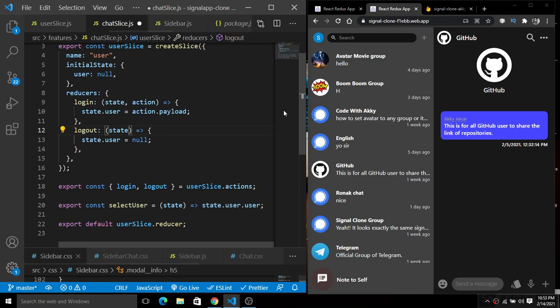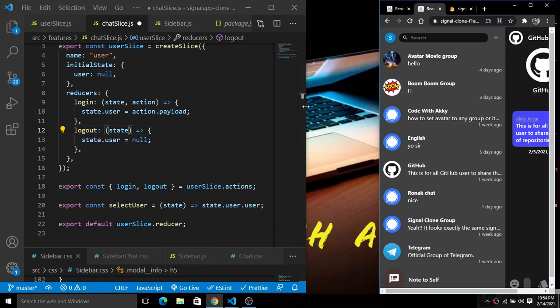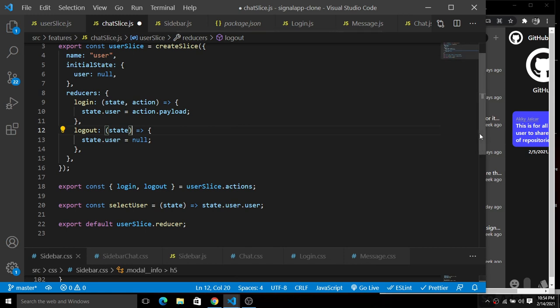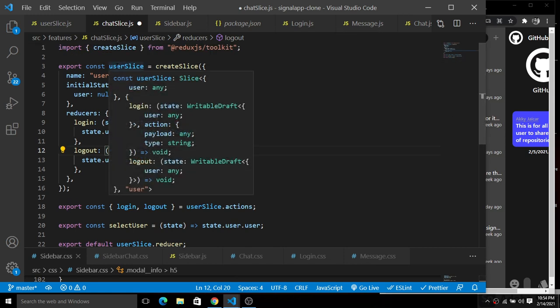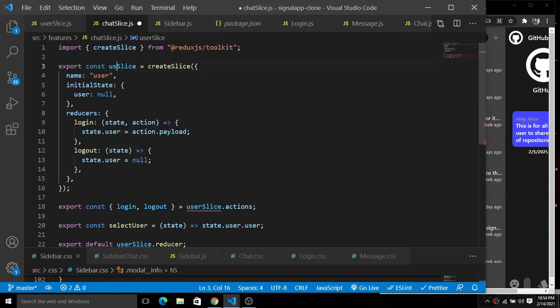I'm going to make it bigger so that you can see it more clearly. Instead of user slice, we will change it to chat slice.